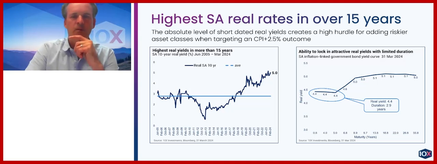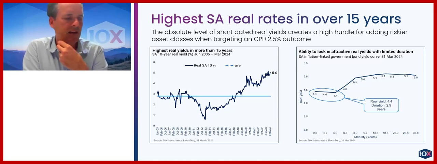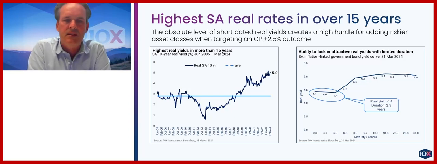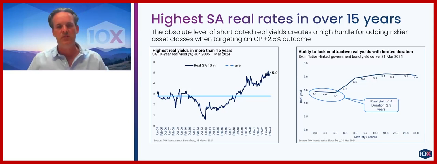Yeah, there we go. So the thing which I think, Narina, you touched on, which is so interesting about the way that we look at it, and slightly different to the way that Philip and Henk set out, is that given this is the CPI plus objective, our starting point actually is inflation-linked bonds. So you can see here on this curve on the left-hand side, real yields in the South African market are extremely attractive. So a short-dated portfolio of inflation-linked bonds actually generates something like 5% return. So it's a real high bogey when you talk about portfolios.